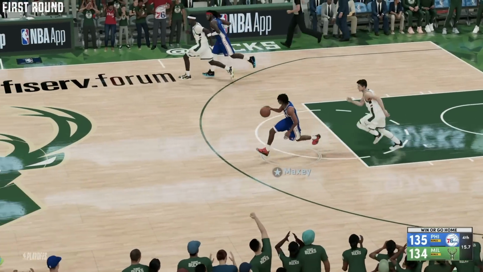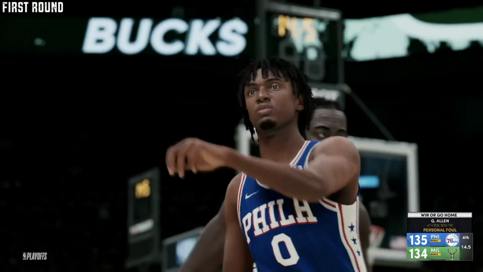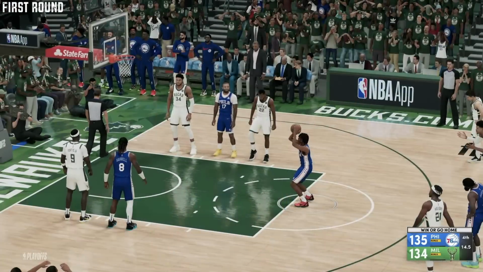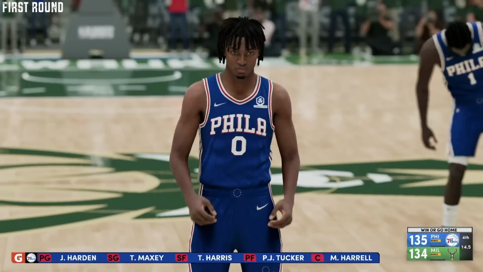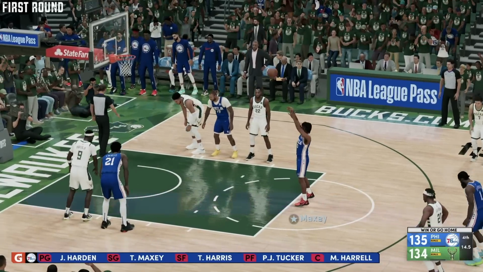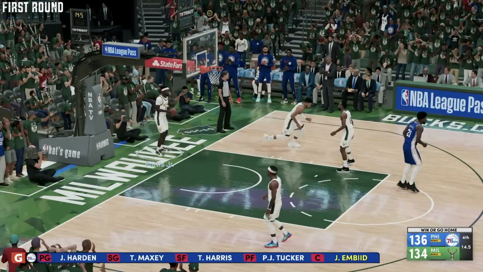I'm not sure why Joel Embiid's not in, he's on the scorer's table as they're going to foul Maxey. It took him a couple seconds, and he goes to the line, a chance to make this a 3-point game, and he misses the first. He leaves the door open for the Bucks. I mean, you gotta make this one, and he does. Still a 2-point game, 14 seconds.